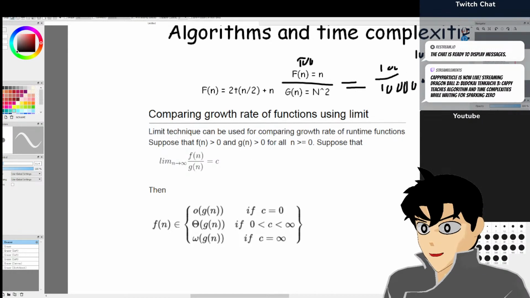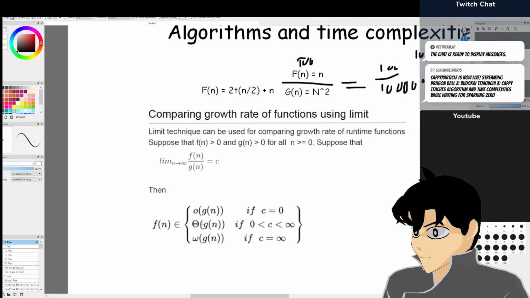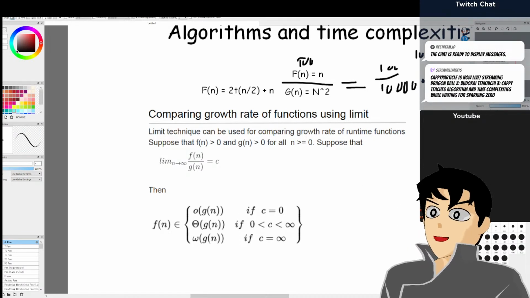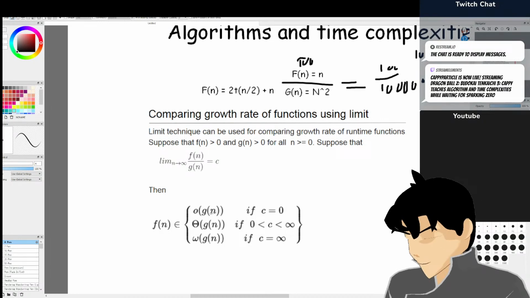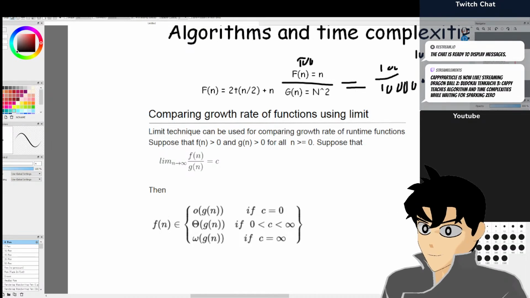It doesn't actually start there. It should be more like that. So it slowly approaches 0, which means it's this. Oh, I didn't even teach about the other stuff. Oh man. Okay, so these symbols. So what I've been teaching was